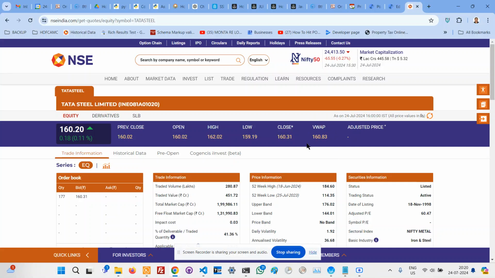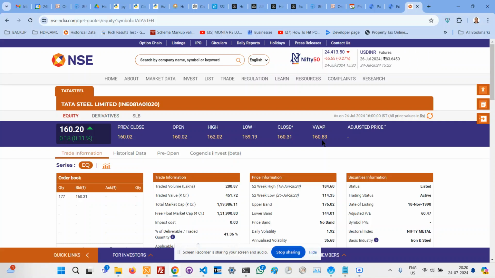Okay, then this is the interesting part. This is called the VWAP price. So VWAP is volume weighted average price. So for example, roughly, let's say only four trades happen on that day, only four. Okay, so one trade